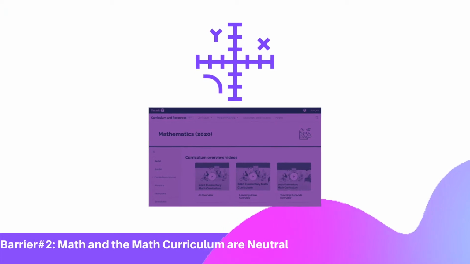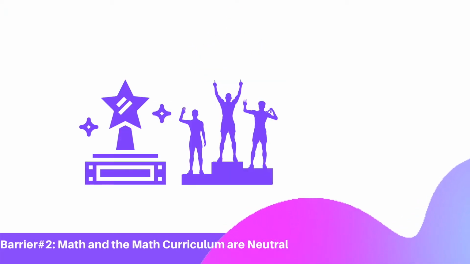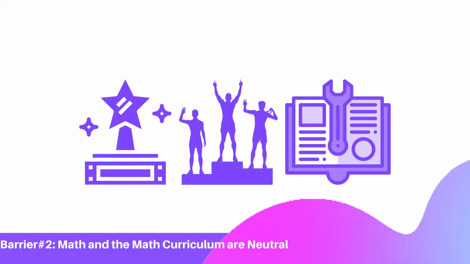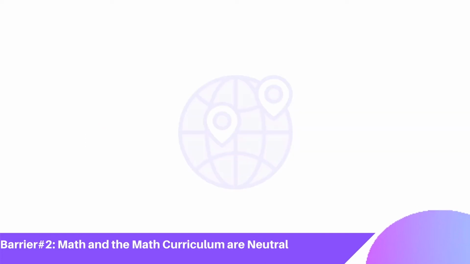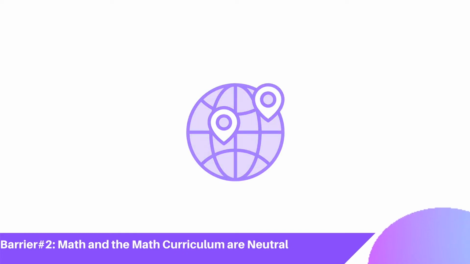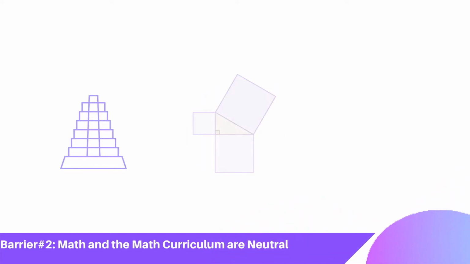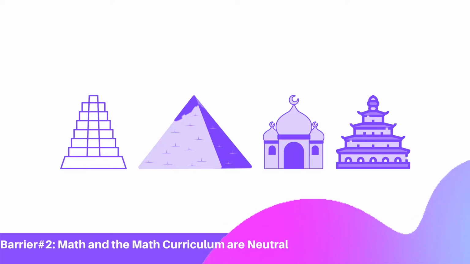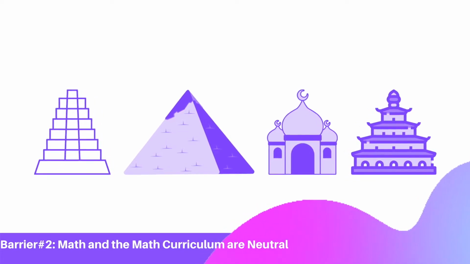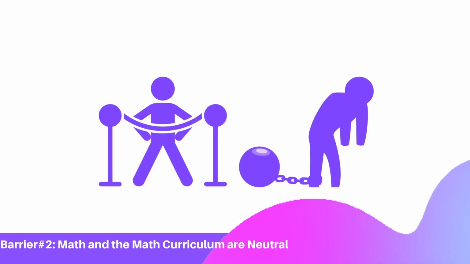Math and the math curriculum are not neutral. What is valued as mathematical, who is given credit for mathematical knowledge, and how that mathematical knowledge is shared within the curriculum does not reflect global contributions to mathematics. For example, when we teach concepts like Pythagorean theorem and exclude recognition of Babylon, Egypt, India, and China, whose civilizations uncovered this relationship centuries prior, we uphold a colonial worldview to the exclusion and oppression of others.